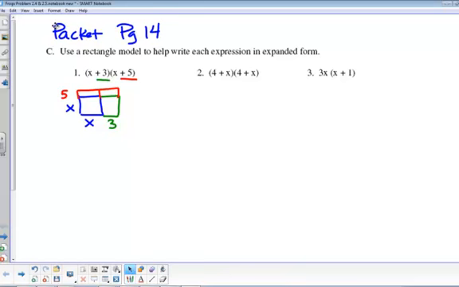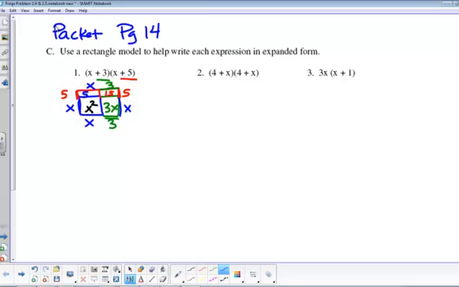So if you look inside, this box is an X squared. Because this is X, this is also X. It's the same length. So this box in green is a 3 by X. Because this is 3, this is also 3. Same side of the rectangle. So the red box up here is, this is 5 and this is also 5. So we have 15. And then the other red box